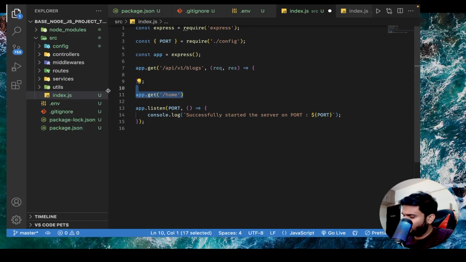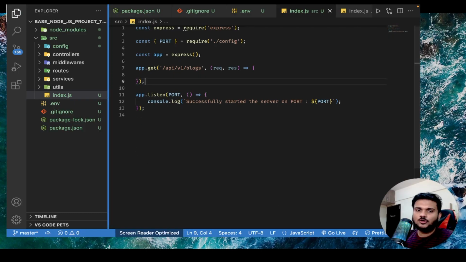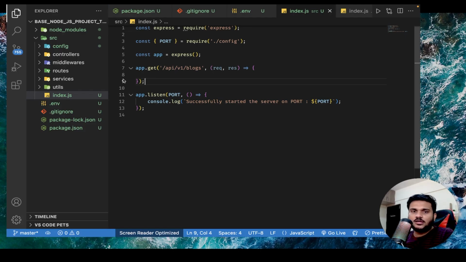So that's why wherever you have API routes, you want to distinguish them from your normal routes. You can actually do /API. Then the next part is the version of the API, which is currently v1. And then the next part is actually the resource that you want to mention. Now you can see, let's say if I have to make 5 routes like this,